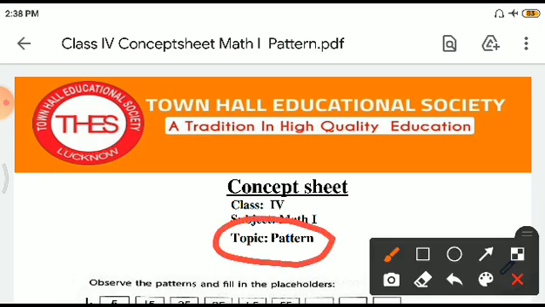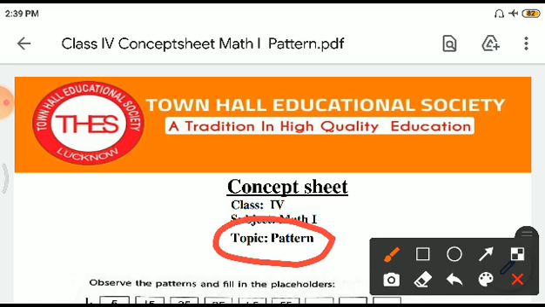Patterns are very, very interesting because they look very decent. Here, your eyes and mind need to be in sync to solve them. And you will find this topic very effective for later parts of your life, because questions related to patterns generally come in all the higher examinations. Now let us move ahead.